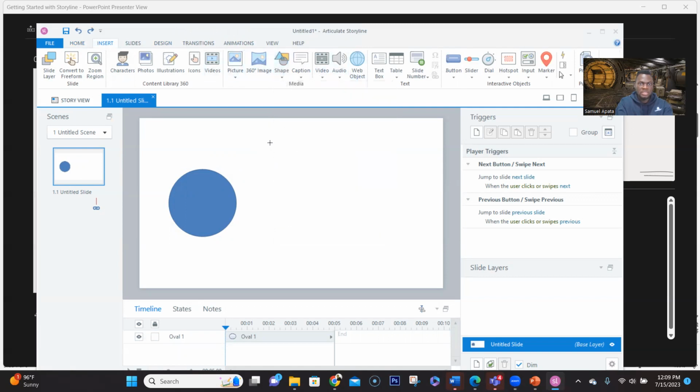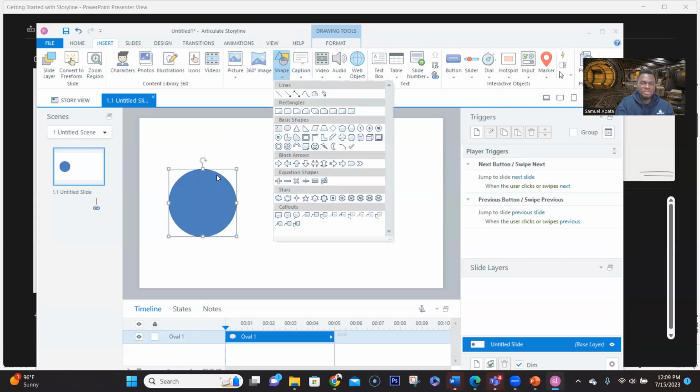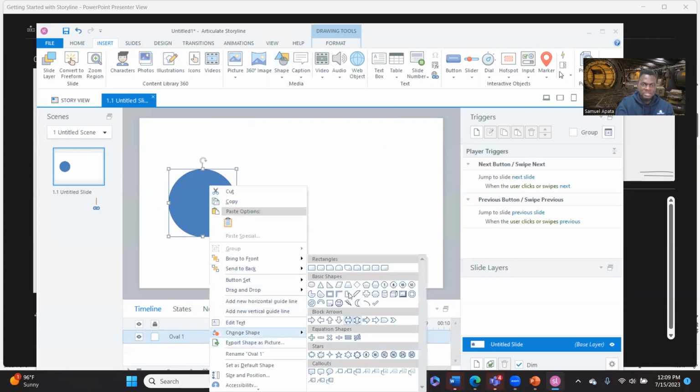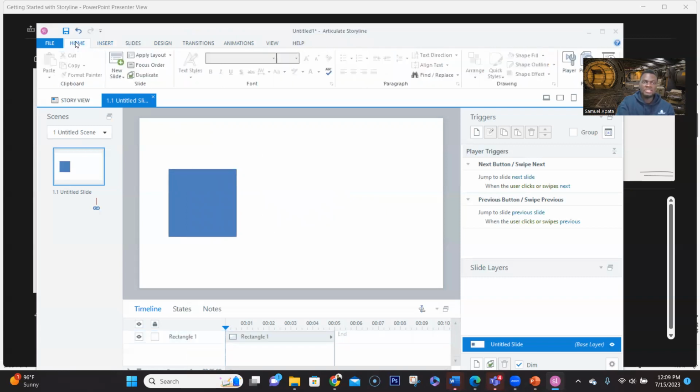So let's say you choose circle, then you would have to click and then drag it out, holding your Shift button. That just gives you this circle right here. And you can come up with other shapes. You can even right click and change the shape to something else. It could be a square, it could be anything else. So back to